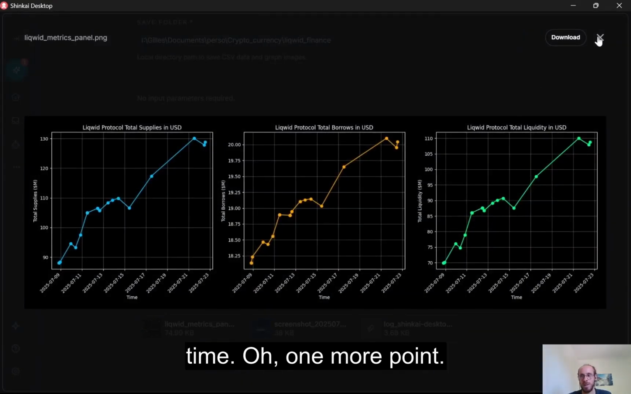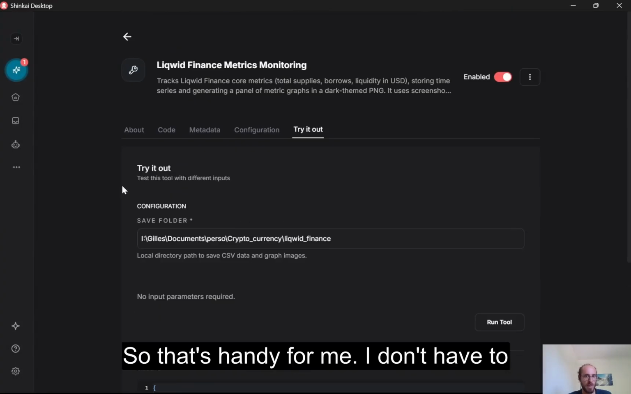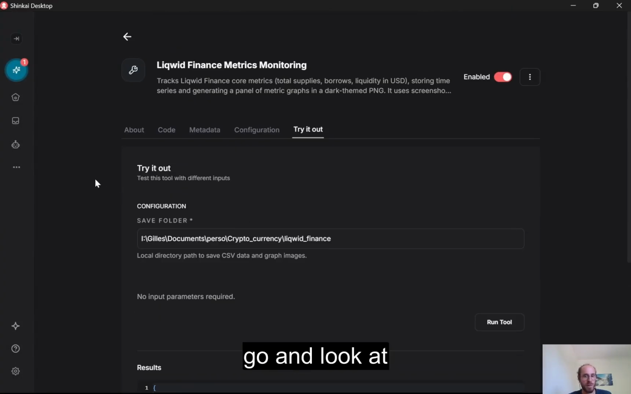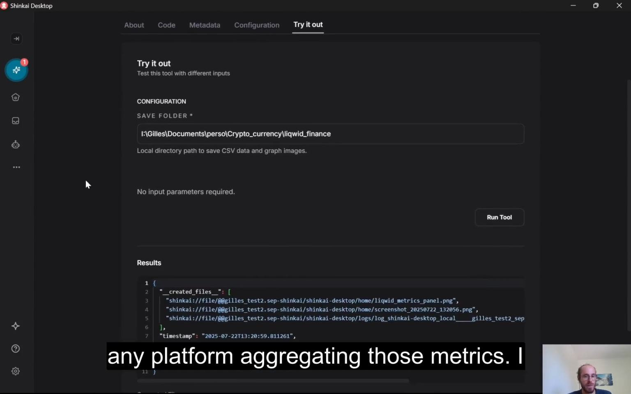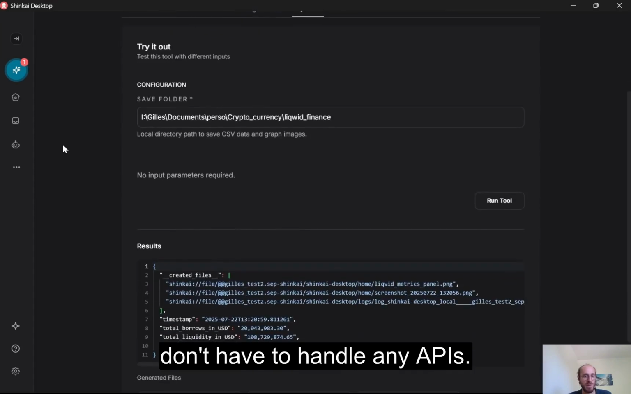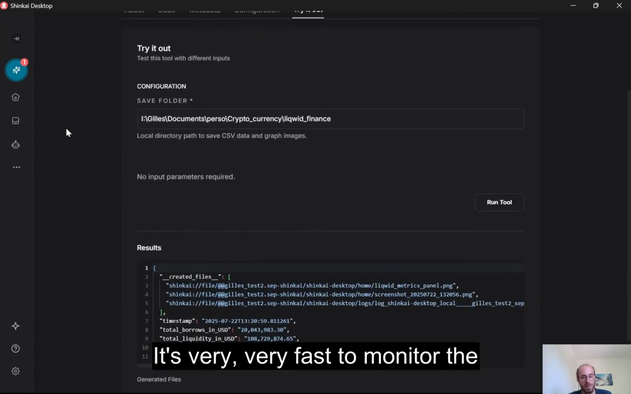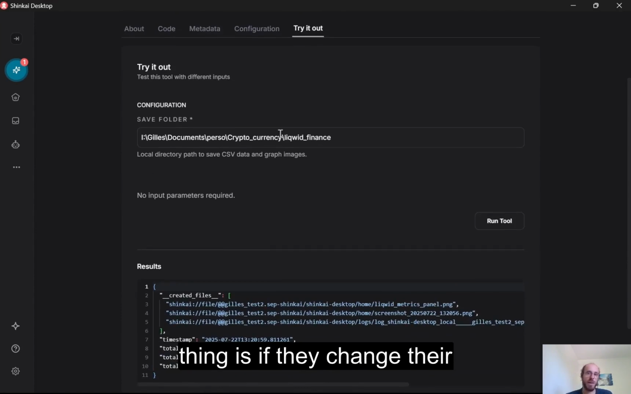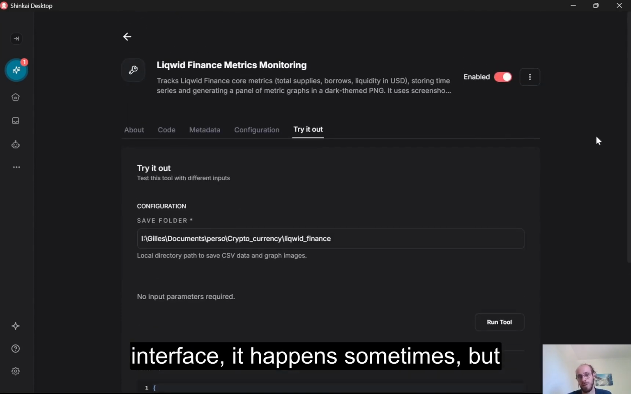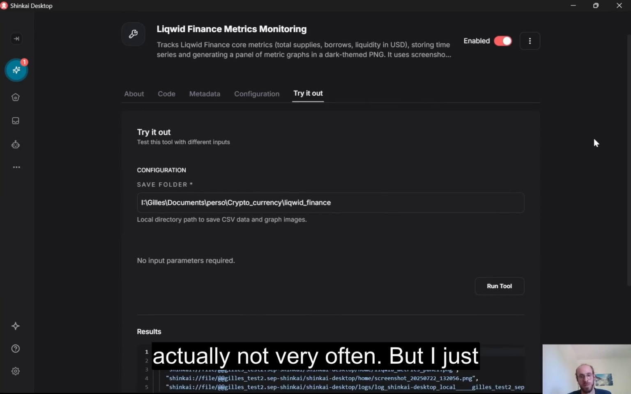One more point: that's handy for me. I don't have to go and look at any platform aggregating those metrics. I don't have to handle any APIs. It's very, very fast to monitor the platforms I want to follow. The only thing is if they change their interface, which happens sometimes but actually not very often, I just update